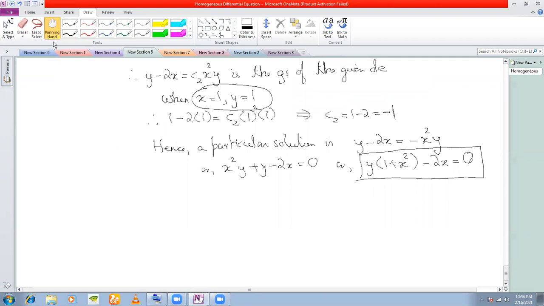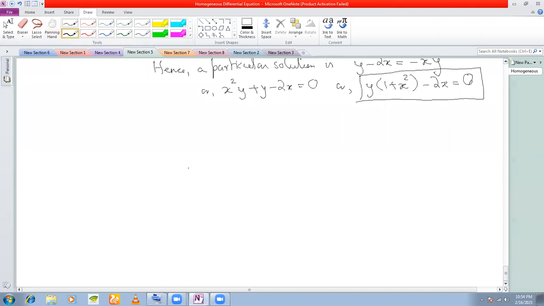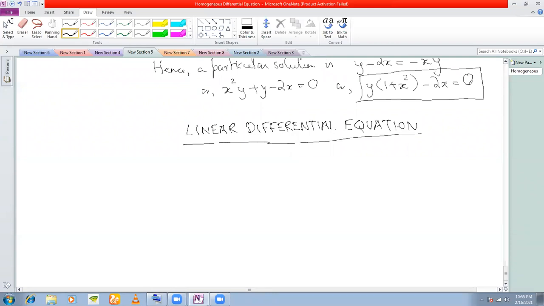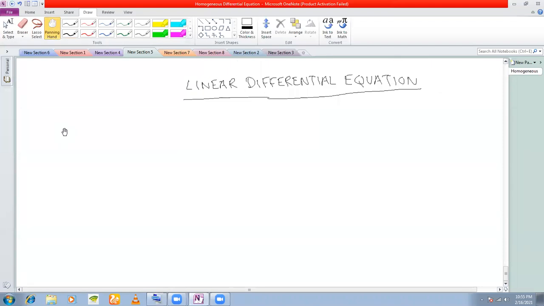Okay, we now start with linear differential equation, maybe homogeneous. One more example on homogeneous, I'll do it tomorrow. Okay, let me start with linear differential equation, the third type, linear differential equation. Clear? I've given you a problem on linear differential equation in your question paper. I think one I have given from either variable separable or homogeneous, I don't remember. But one linear is there and two differential equation problems are there.